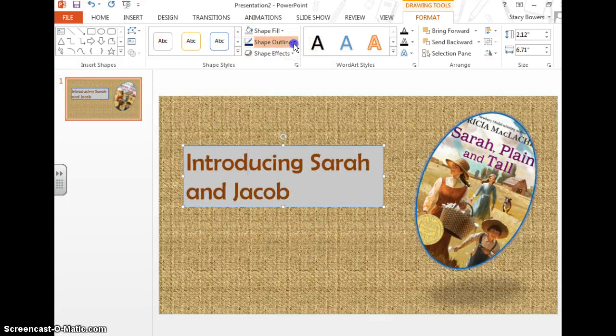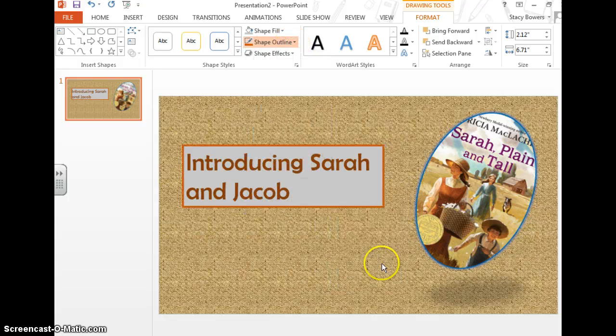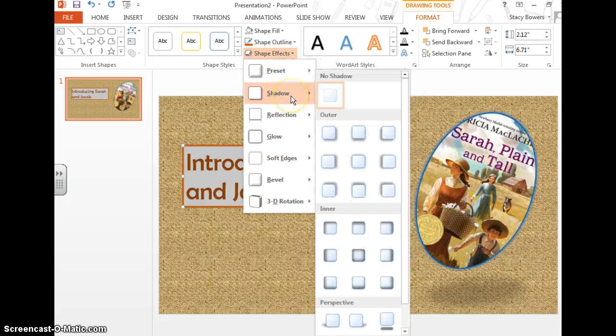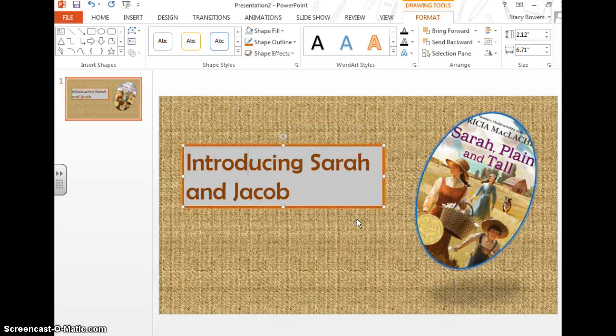You can change the outline color, weight, dash, style, and you can also add an effect like your shadow, reflection, glow, just like you did with your image. Once you've selected how you'd like your text box to look, and remember we still have to be able to read your words,